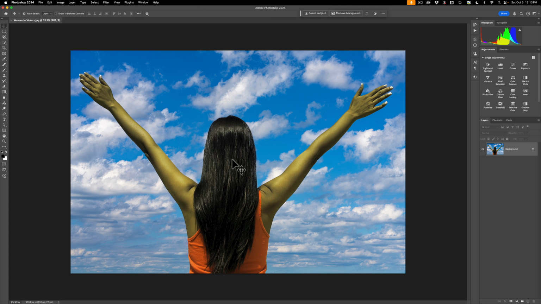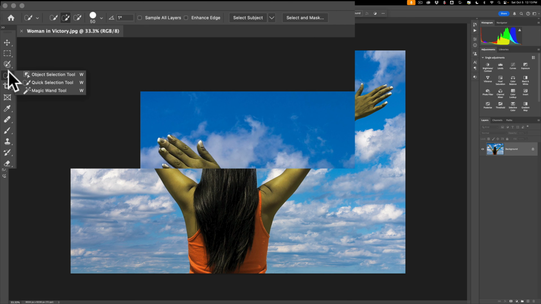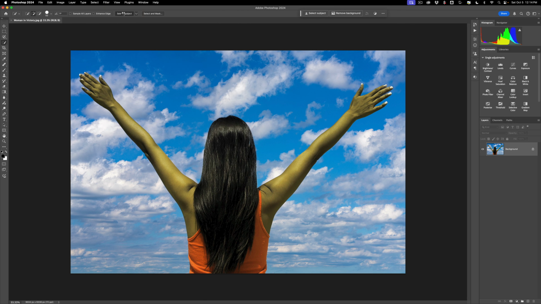Just hit the W key on your keyboard, and you'll get one of three selection tools. It doesn't matter which one. Just hit that W key, and when you do, at the top, you'll have a button here, Select Subject. Before you click on that button, go to this little downward arrow. Make sure that you're using the cloud to get the selection. You'll get a better selection that way. So click on Select Subject. It will use the cloud to make the selection, and you can see we have marching ants going around the